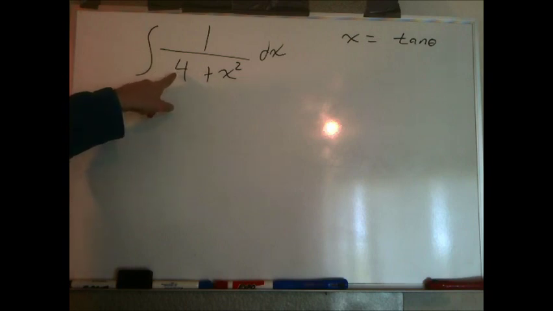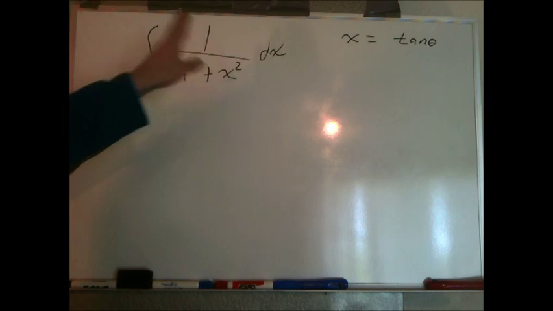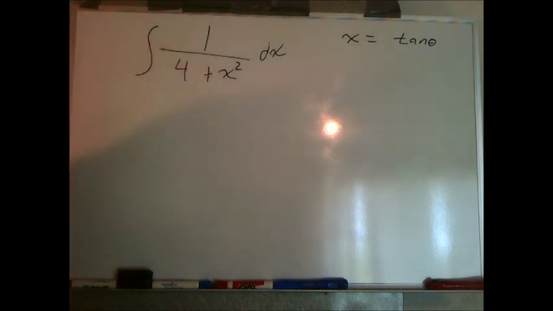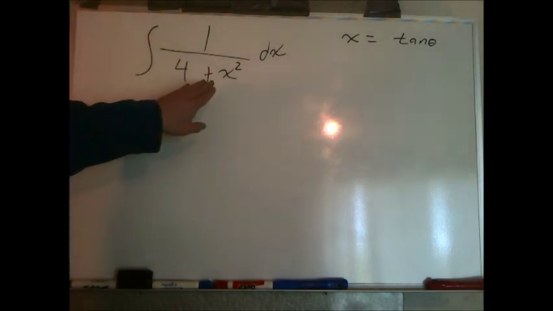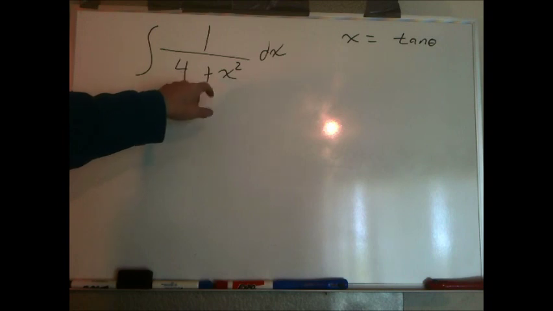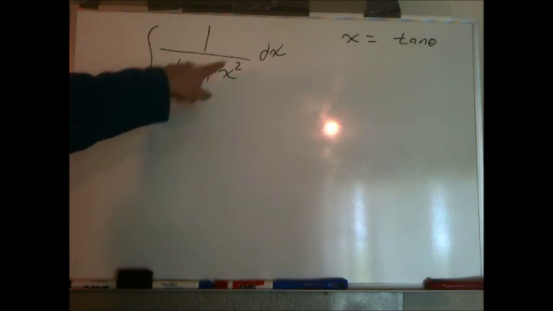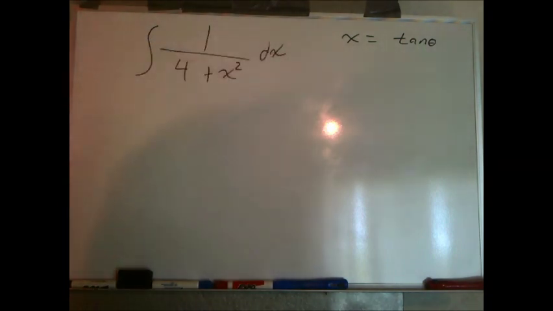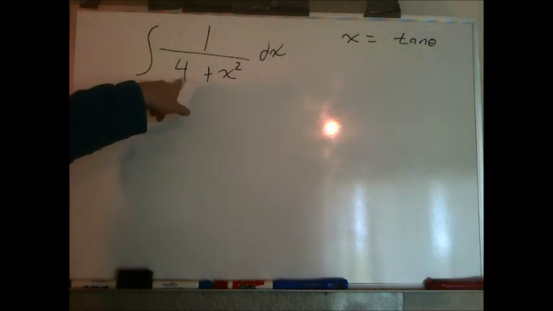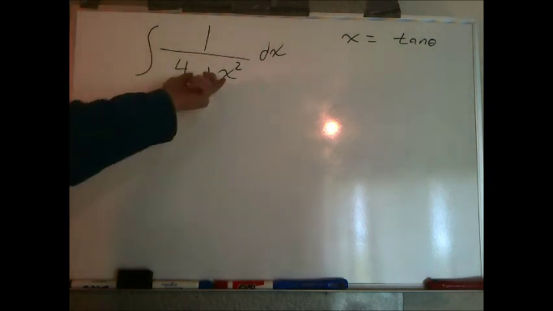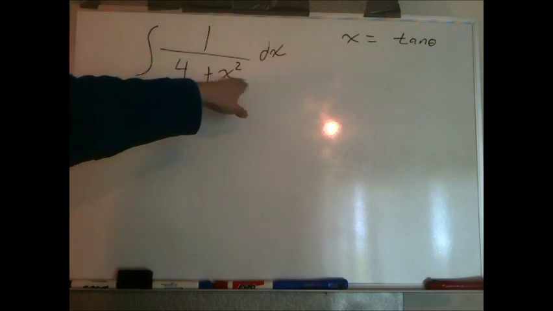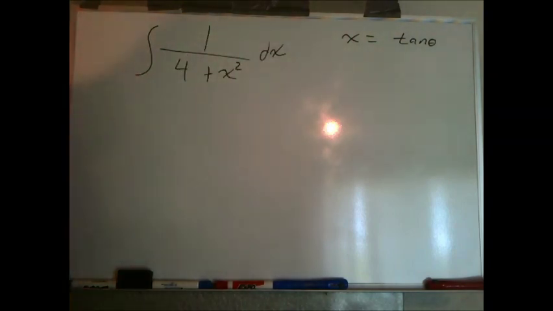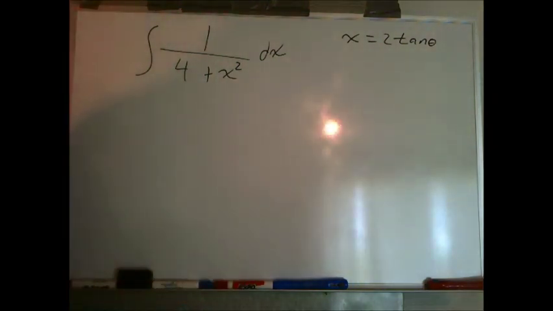So if we think of 4 as 2 squared, then we have 2 squared plus x squared. So we have something squared plus something else squared. And we want to be able to factor at some point, so we need to put a coefficient on our tangent there that's going to make it factorable with this 2 squared, this 4. And since x is going to be that whole thing under the square, 2 will do the job nicely. And that is going to leave us with